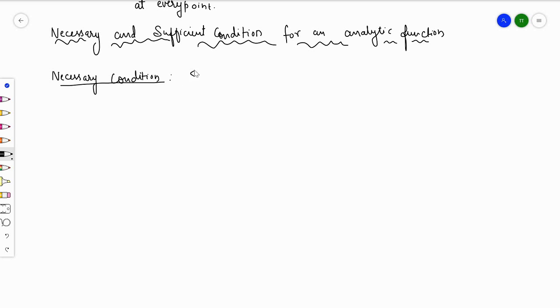If function w, which is equal to function of z, is analytic in region R, then